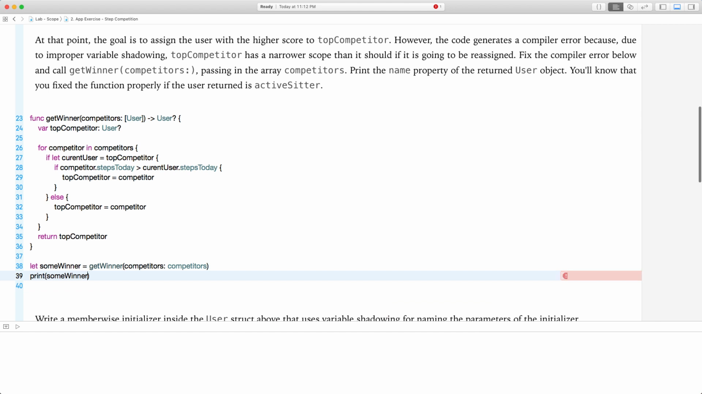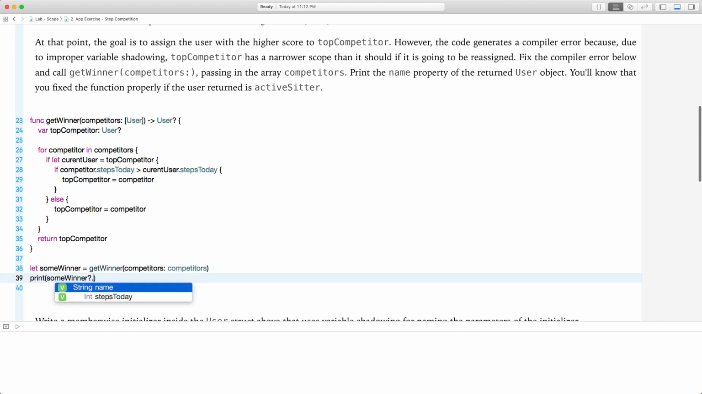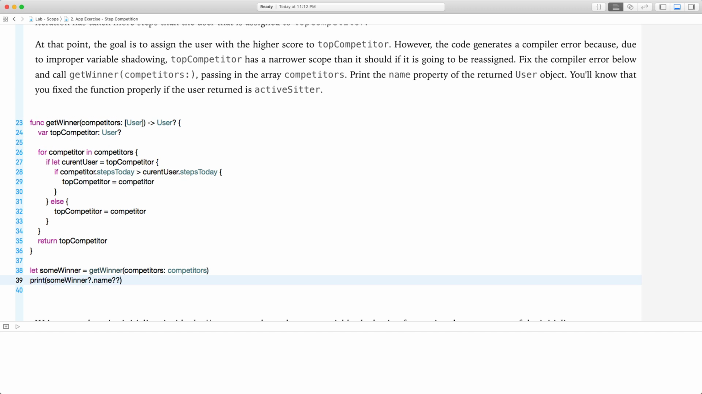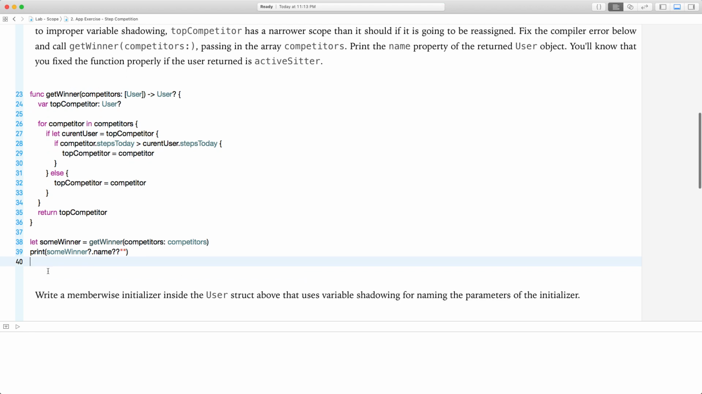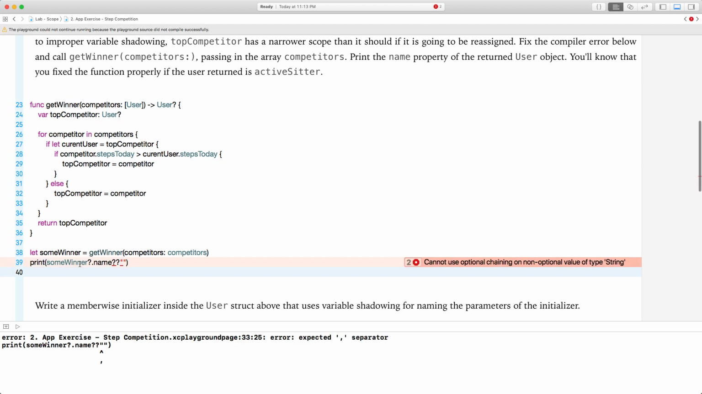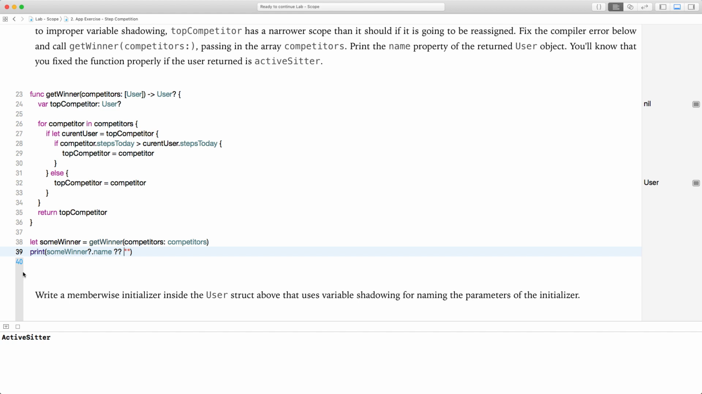I'm gonna go someWinner optional dot name optional. Cool. Cannot use optional chaining on non-optional value of string. That should fix it. No, it doesn't. There we go. Cool. So we called someWinner, and we got the name of someWinner, which is ActiveSitter,